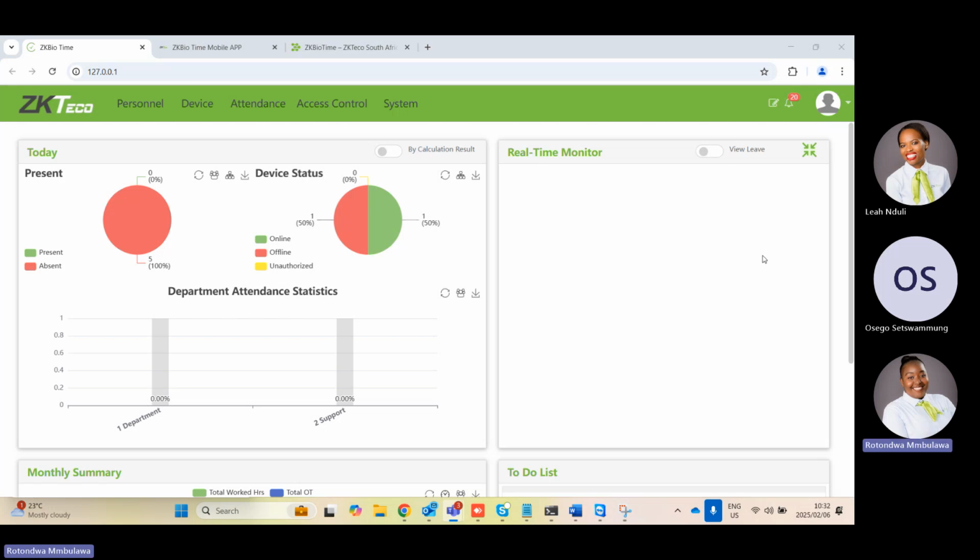So this is the dashboard of BioTime, okay? So when you log into your BioTime software, this is what you're going to see. You will be able to see the modules that come with the software. You'll have your personnel module, your device, your attendance, access system. So we have other modules like visitor module that you need to add on your license, okay? It doesn't come standard. You need to add it on your license and you need to pay for that module,